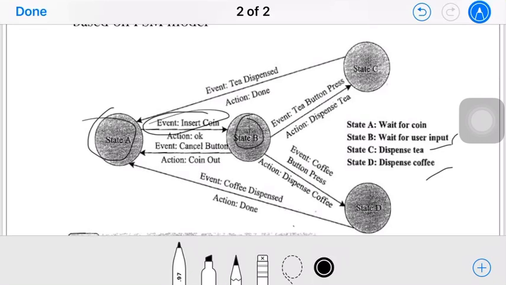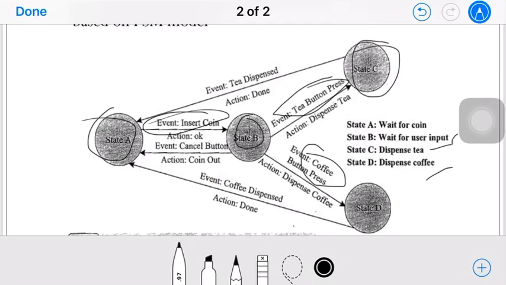Now from state B, you need to press the button, right? Once you enter the coin, you choose whether you want a coffee or a tea. So the event is either pressing the tea button or pressing the coffee button. If you press the tea button, it will go to state C and dispense the tea.